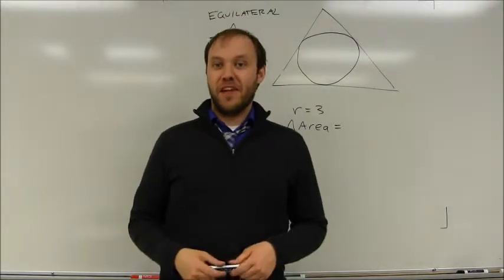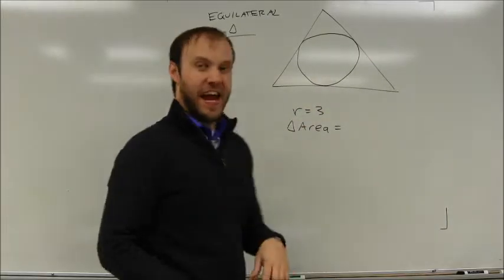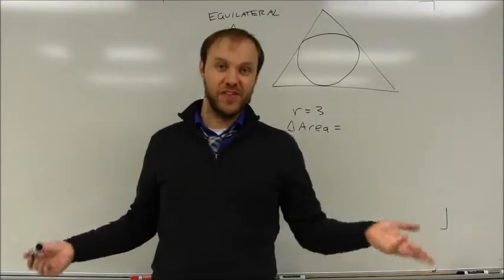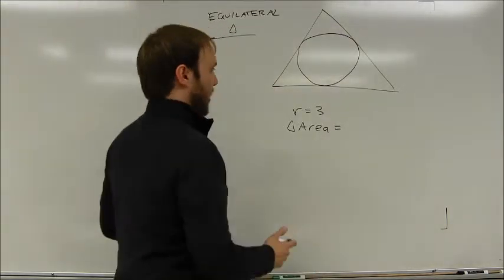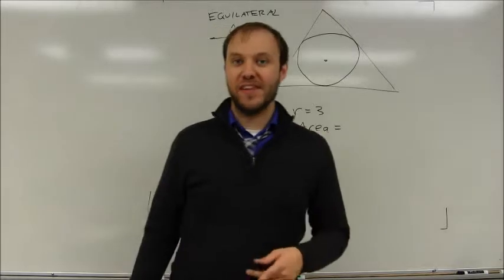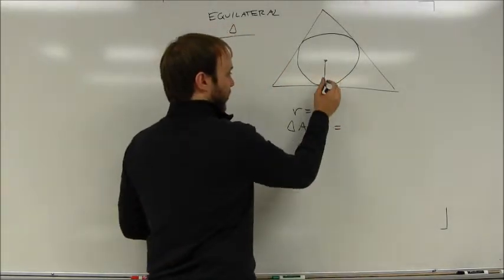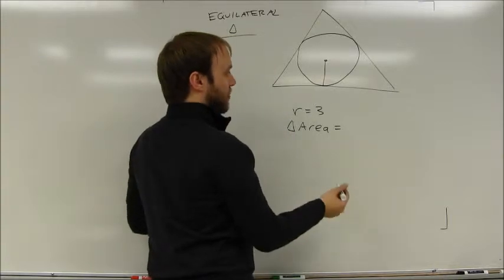In this example problem, I have an equilateral triangle. I have an inscribed circle in it that has a radius of 3, and I'd like to calculate the area of this triangle. This actually works out pretty nicely. What you can do here is be strategic about where you draw your radius. I can draw my radius to the point of tangency between the circle and the triangle, and what that's going